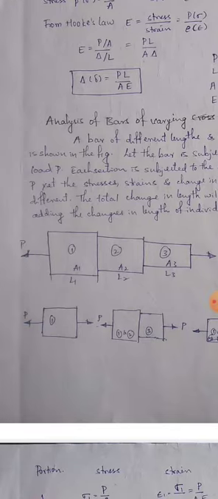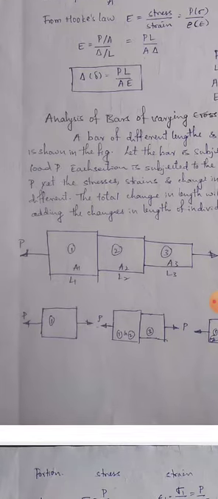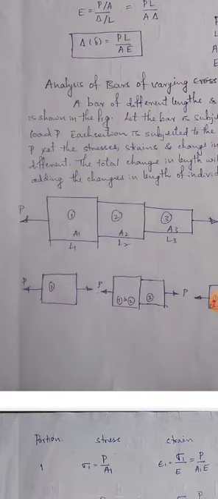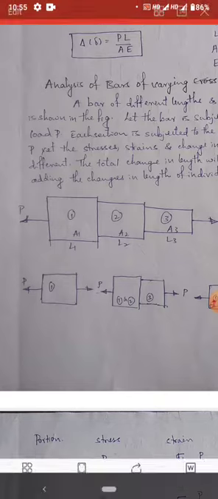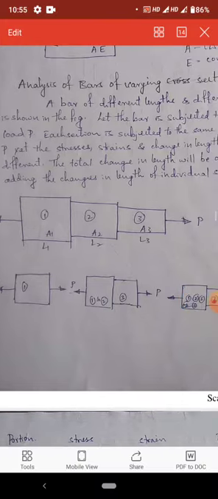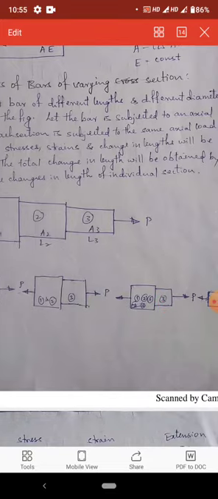These forces can be calculated by applying the equilibrium conditions, in such a way that the summation Fx equals 0. Consider the free body diagram of the first portion. That is P1, and similarly P2, and similarly P3. That should be calculated by applying the equilibrium condition, summation Fx equal to 0. Right side force should be taken as positive, left side force should be taken as negative.